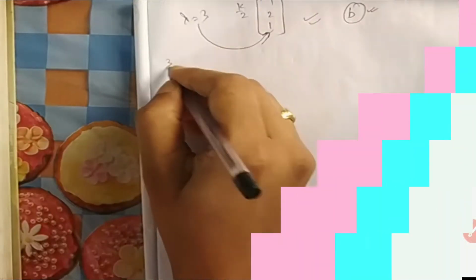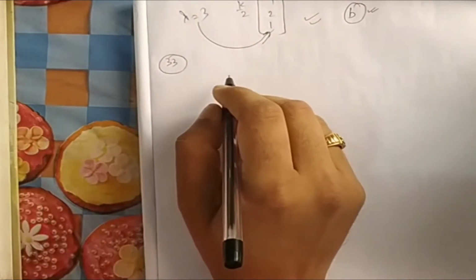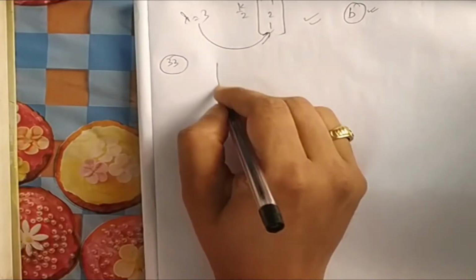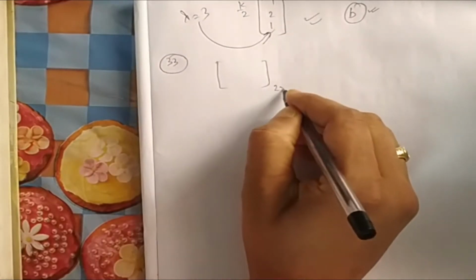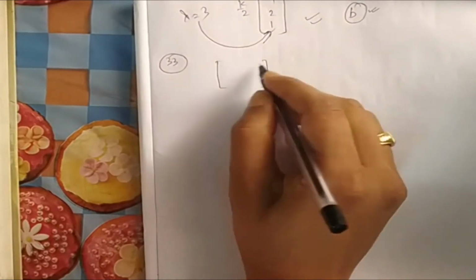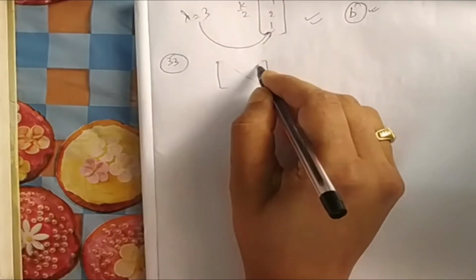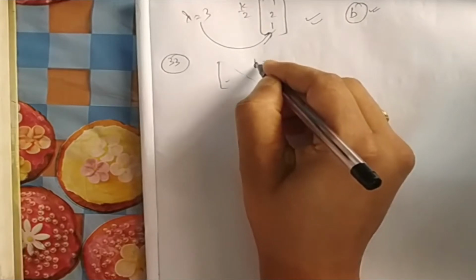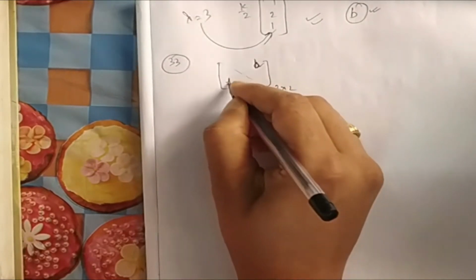Let's start. So what is given in 33? The sum of the diagonal elements of a 2 cross 2 symmetric matrix is minus 6. Then the maximum possible value of the determinant of the matrix is. It is a 2 cross 2 matrix and it is symmetric. So symmetric means whatever is there, it should be here. So if I assume this is B, then this one should also be B.